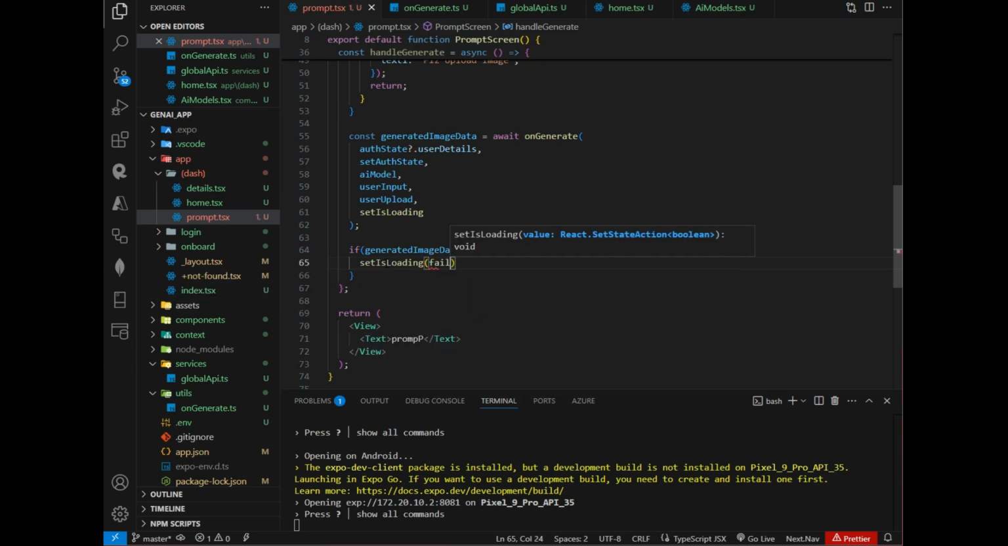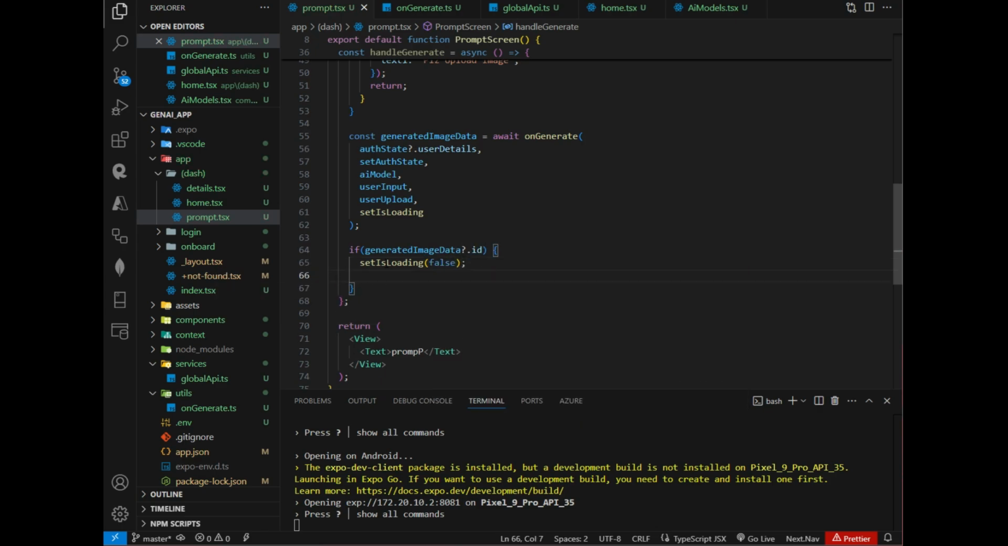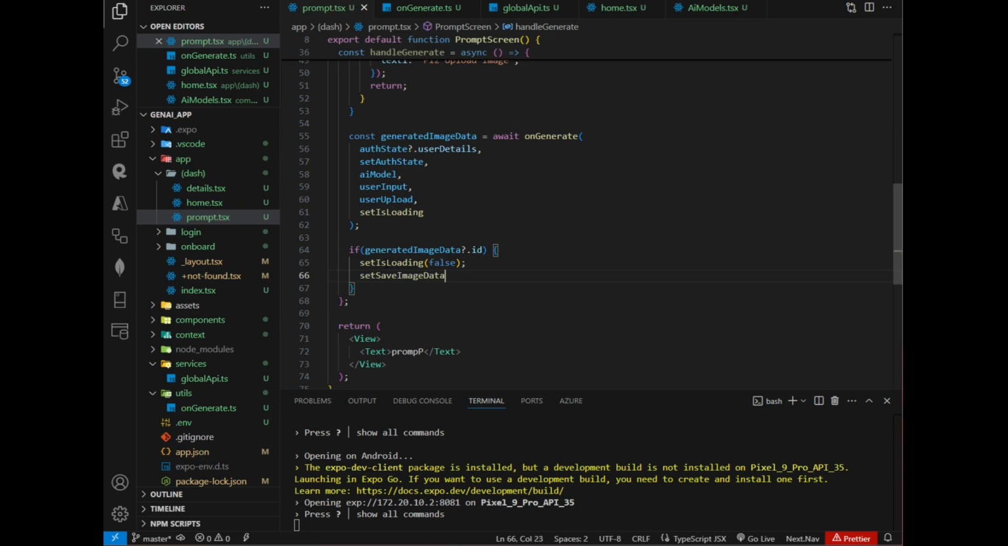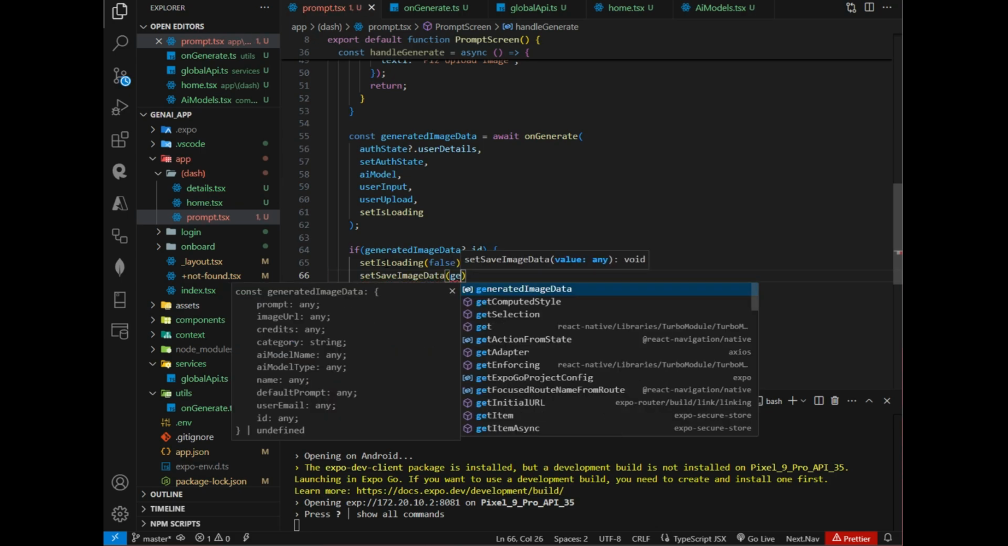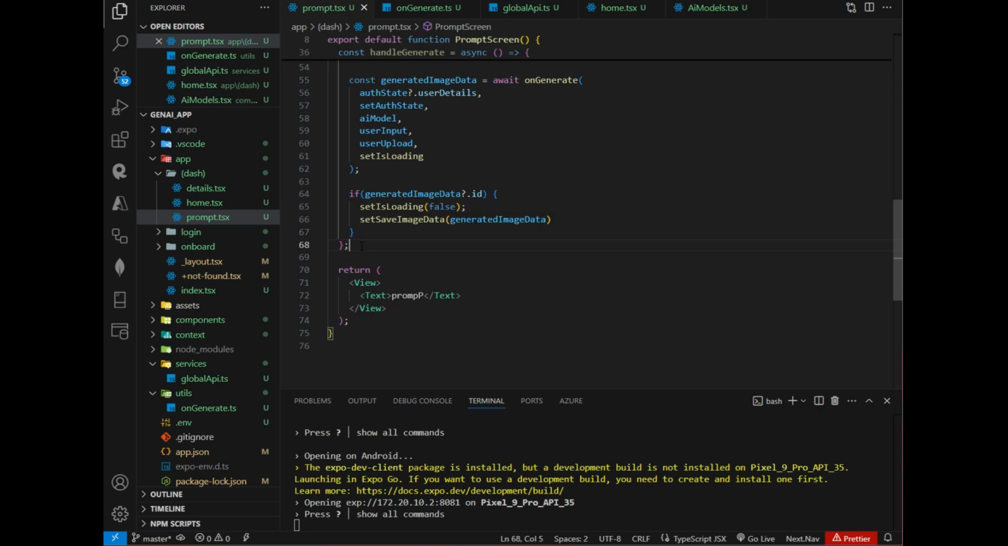Sorry, false, and set save image data be generated image data. Okay, so this looks good,